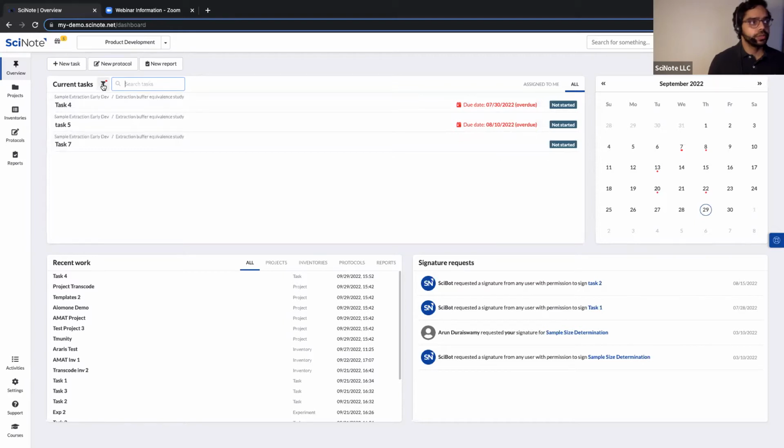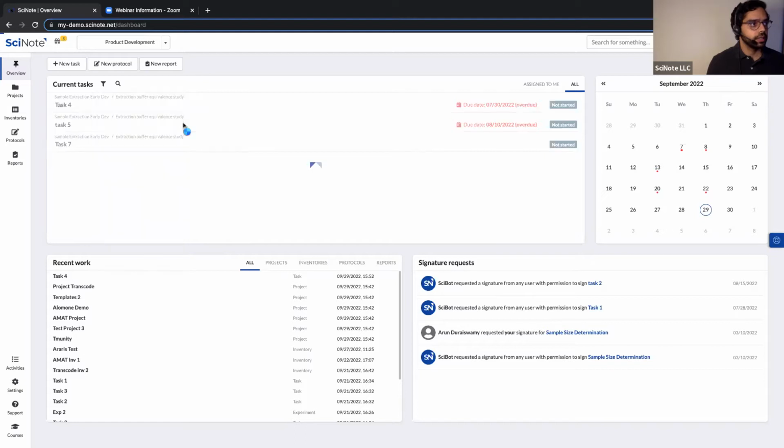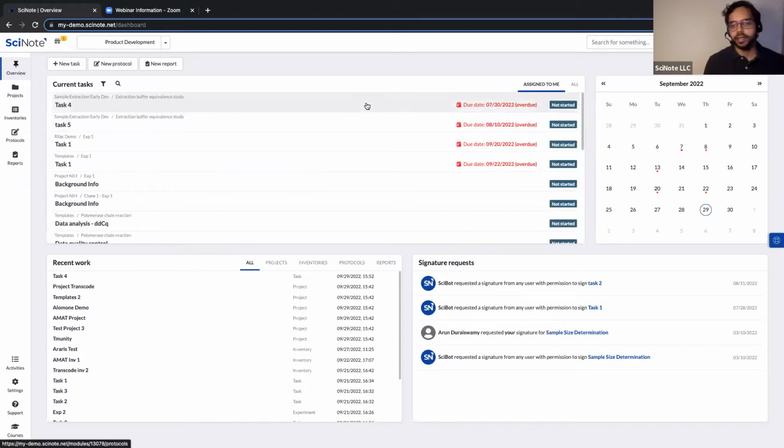Alternatively, you can also use the filtering option here. You can filter by the due date of a particular task, the status of a task, the project that the task is in, or even a specific experiment that the task is located in. If you notice here, I have two filters set up, one for a project, one for the experiment, which is why it's only displaying 3 tasks. Now, if I clear my filters, it's showing all the tasks that have been assigned across the team that I'm working in. And up here, if I click Assign to Me, it will just show the tasks that have been specifically assigned